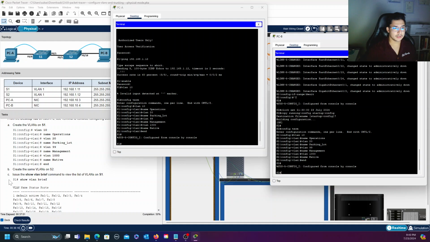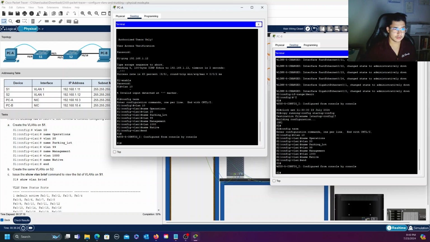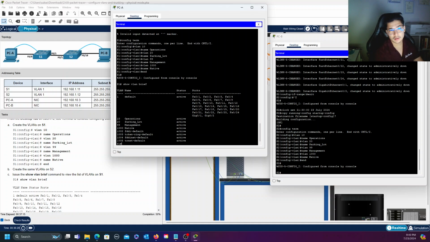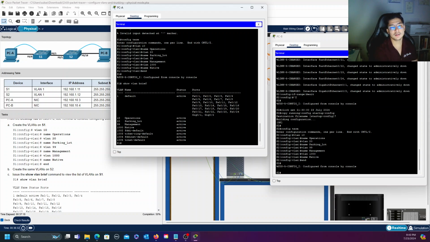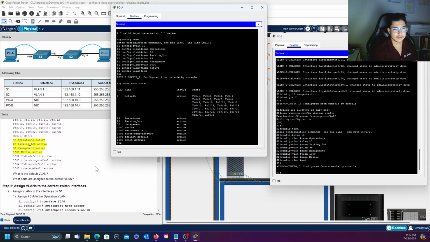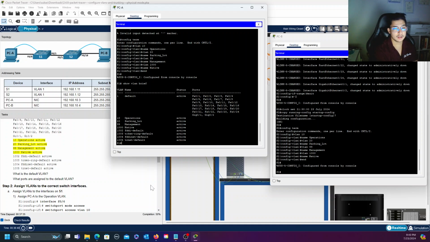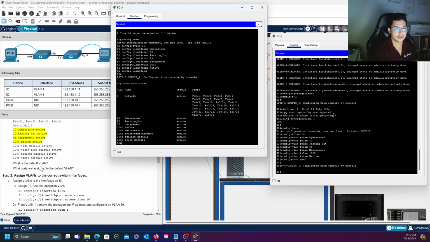Cool. And C, issue the show VLAN brief command to view the list of the VLANs on switch number 1. Okay, let's issue this VLAN brief. As you can see here, 10 is operations, 20 is parking lot, 99 management, 1000 is native. They're all active. If you do the same thing for that one, it's gonna be the same. What is the default VLAN? 1. Yes,